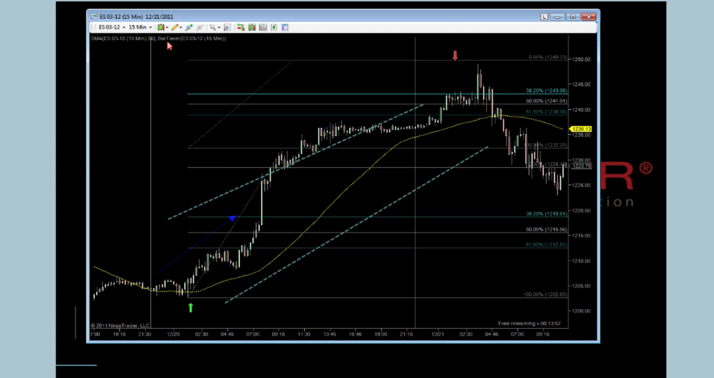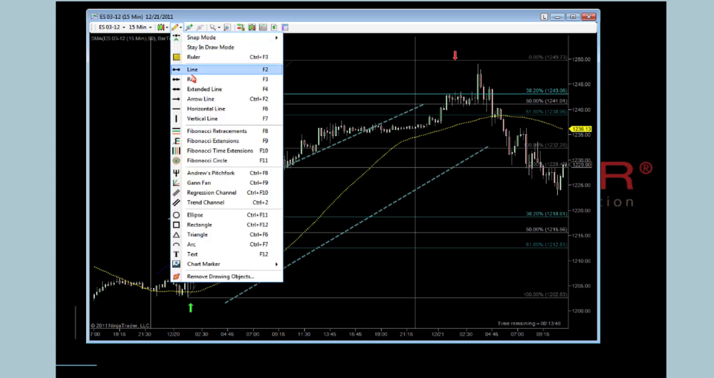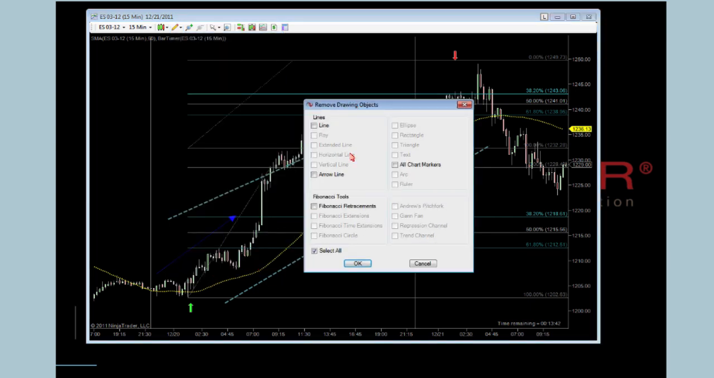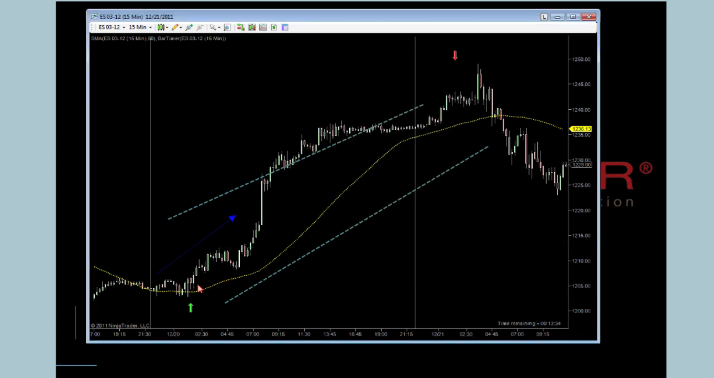So if we come here to drawing tools, come down to remove drawing objects, you can see you have the ability to select any individual objects. So for example, if we only wanted to remove the Fibonacci retracements, we can just select that option and then select OK. And you can see that's cleaned up only the Fibonacci retracements, but it's left our lines, arrows, and